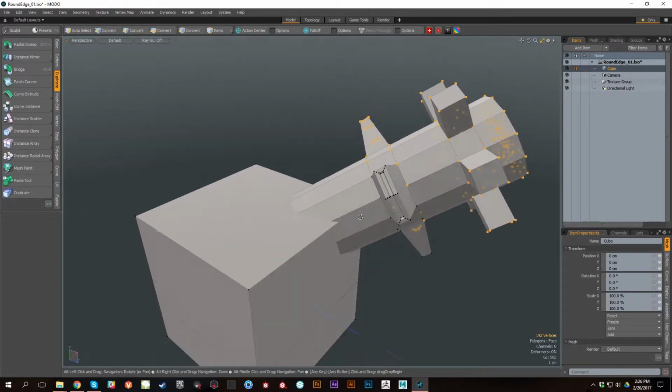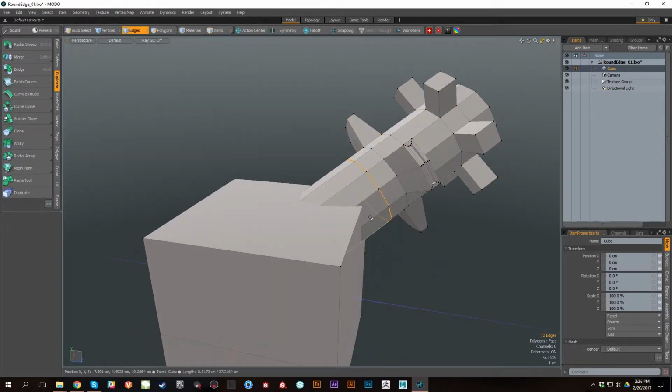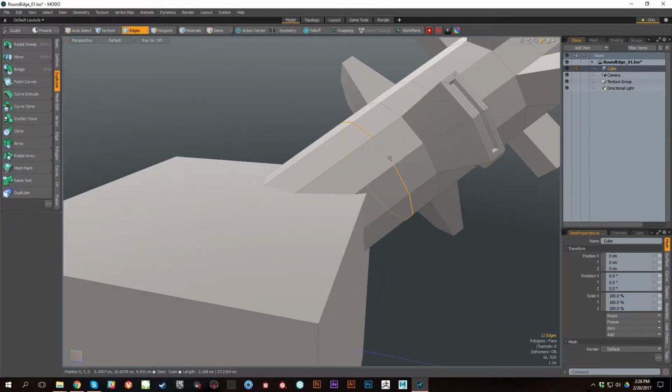Now I'm in vertex mode. You can see the vertices are gone. If I bring that edge loop back, go to edge mode, and right click, you can get that edge, double click to select a loop. Also, you can just double click loops. You don't have to loop it. You can just double click edges. And right click,